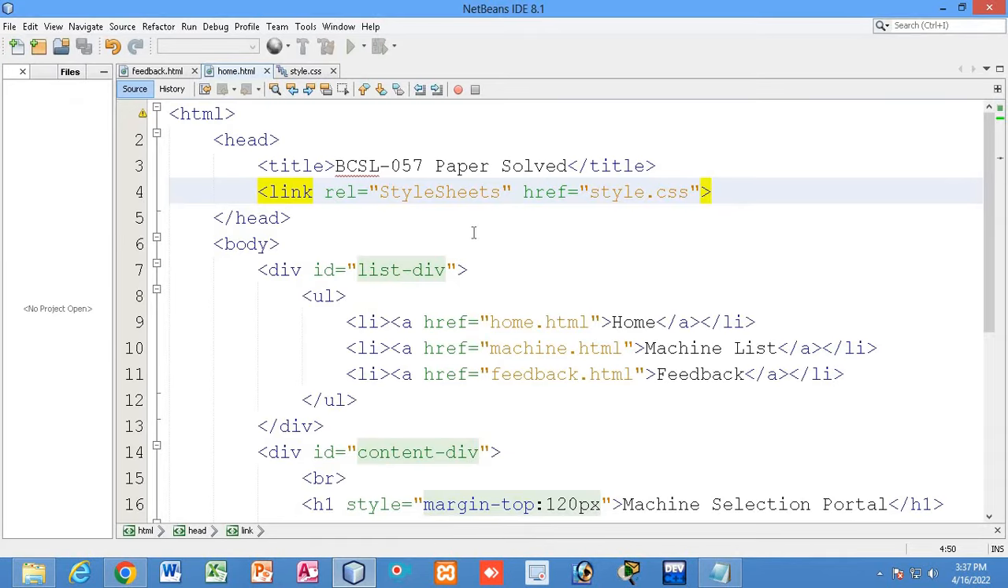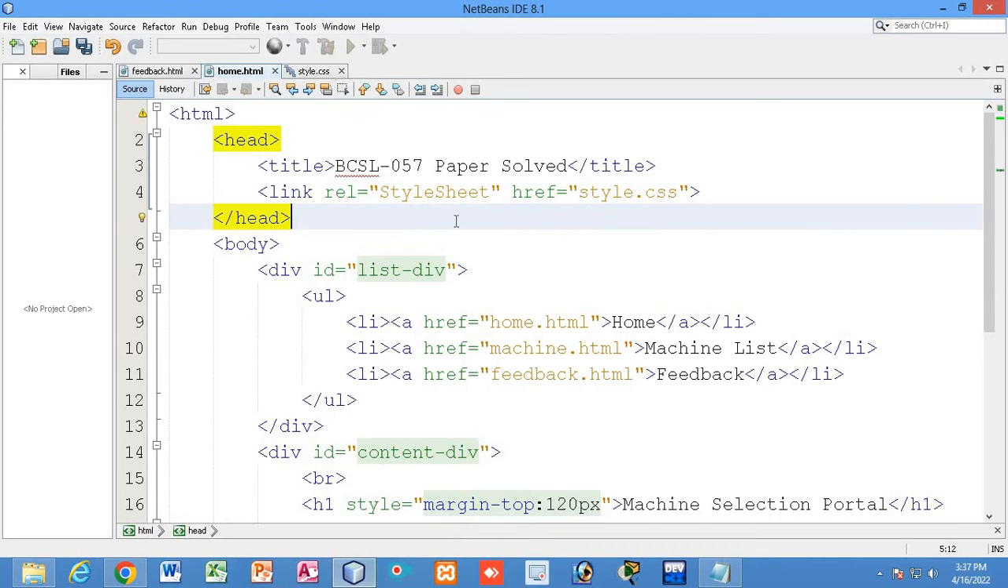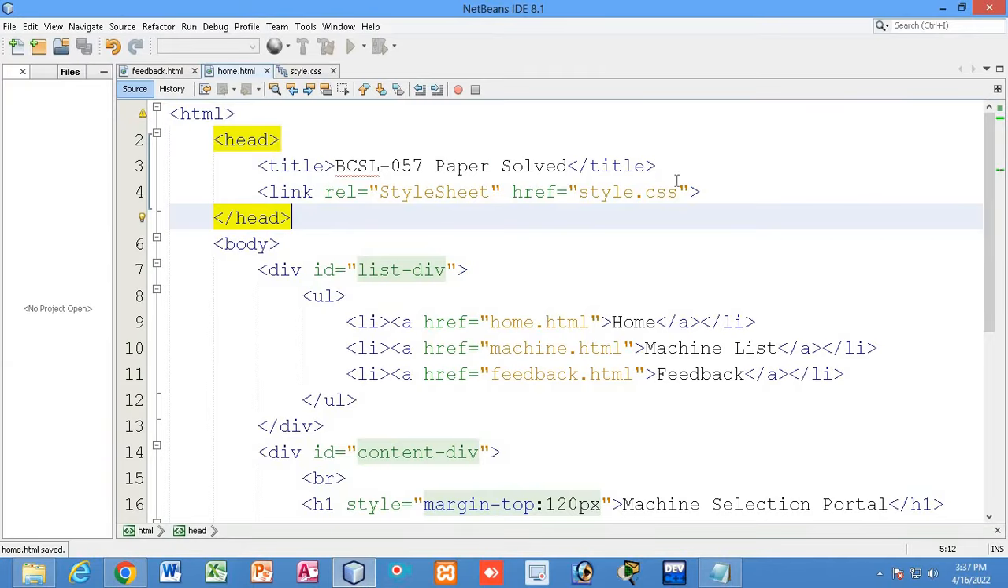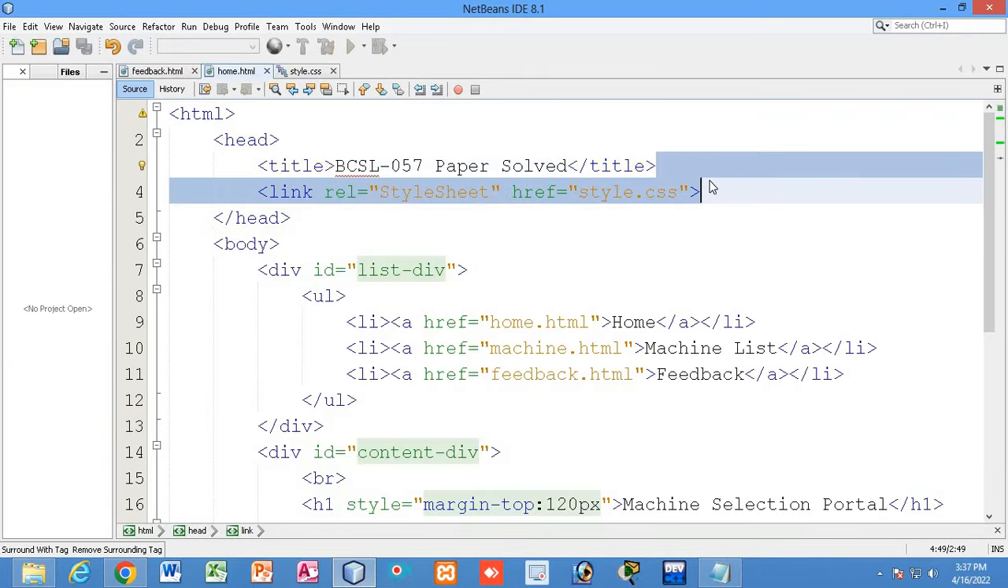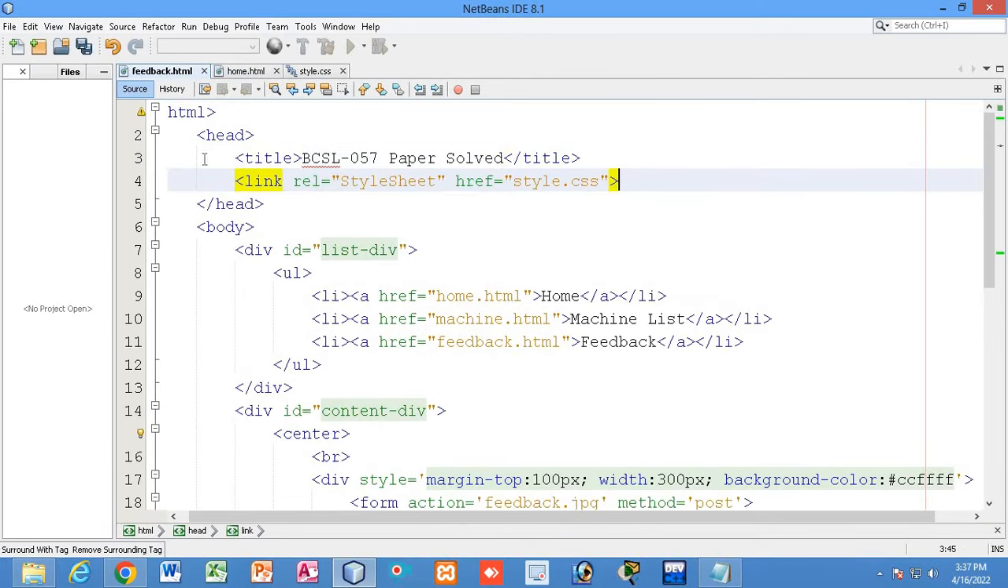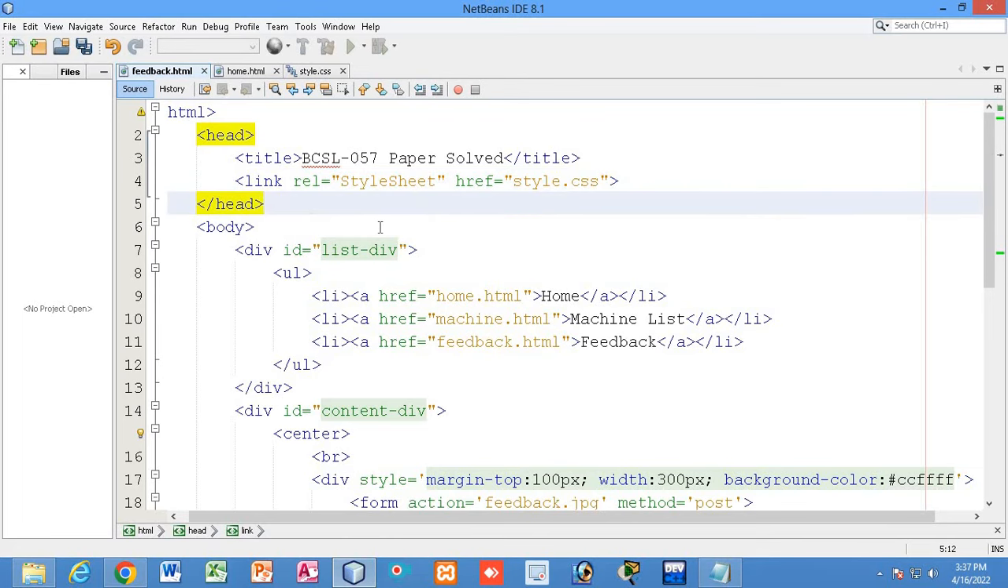Now it is not showing. Style sheet, let me check. Yes, fine. So same thing I will copy and paste it over here in the feedback. This is feedback.html. Here also I have